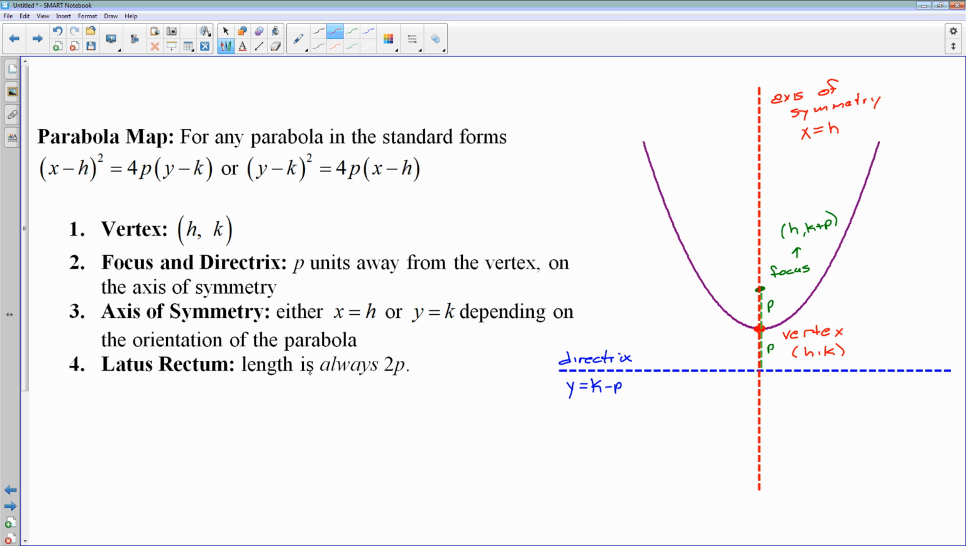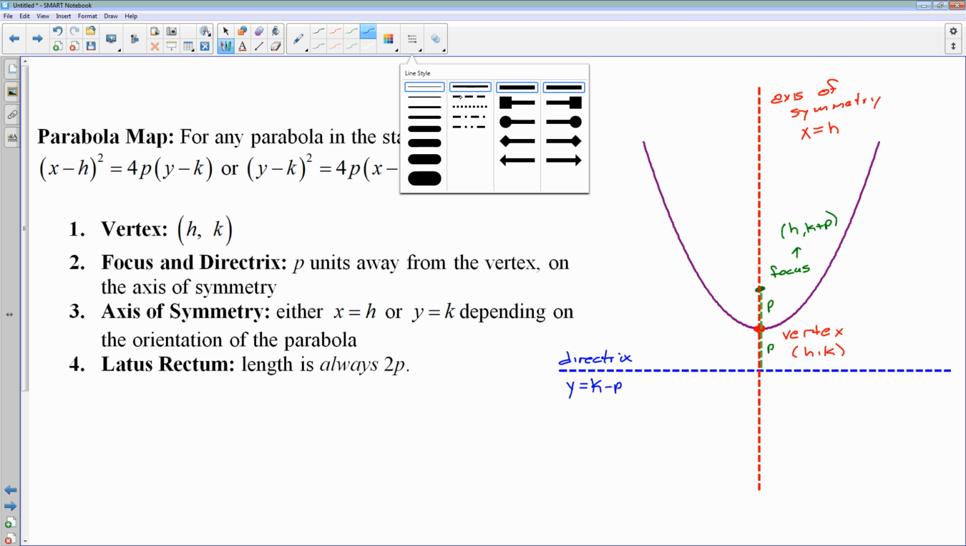And then your latus rectum, which is always fun to say. You just love to say rectum. So rectum, rectum, rectum, rectum. So your latus rectum